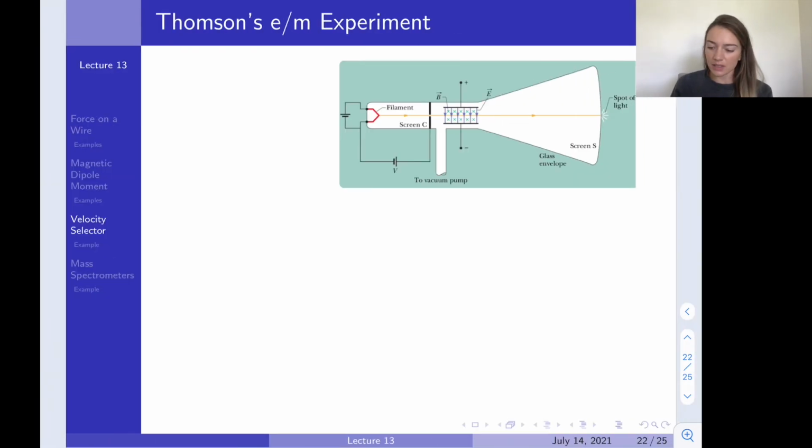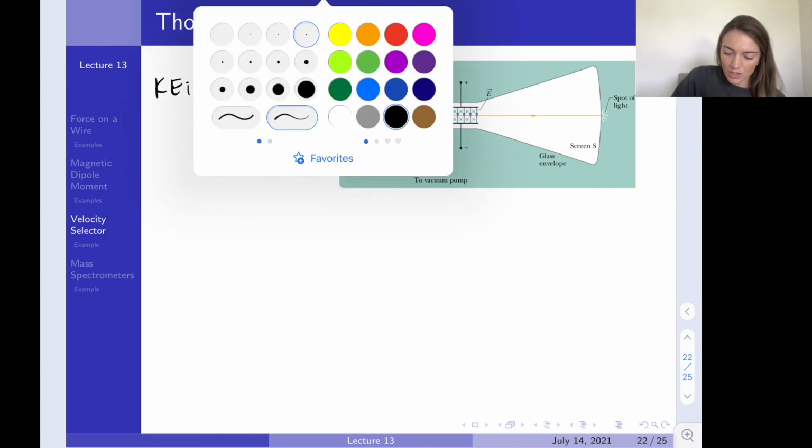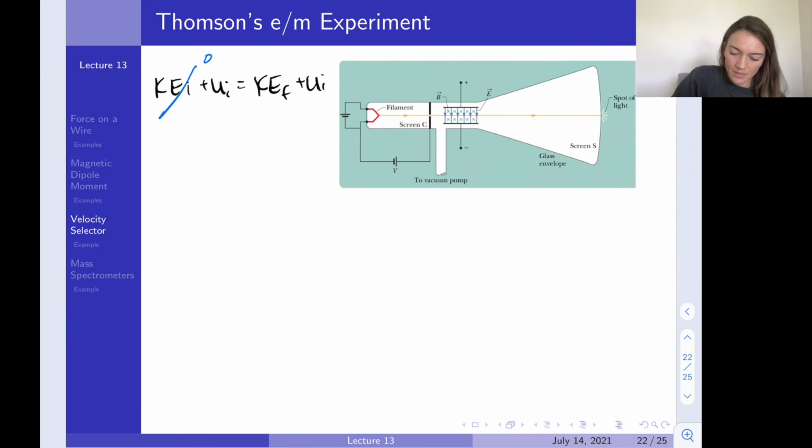All right, so let's look at how J.J. Thomson measured the charge to mass ratio for an electron. What you do is you accelerate a particle through a potential difference. So this uses conservation of energy. In the beginning of this little thing here, my particle is at rest and not moving, so your initial kinetic energy is 0, let's say. So all of its energy is potential energy, and it's being accelerated through a potential difference,